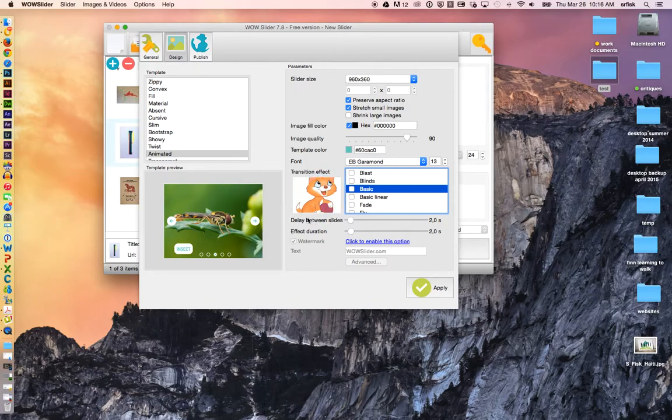We have duration settings right here, so if you want it to be a little slower, you could say 4 seconds instead of the default 2 seconds, and the effect to duration defaults 2 and 2. At this point, I'm going to click Publish,